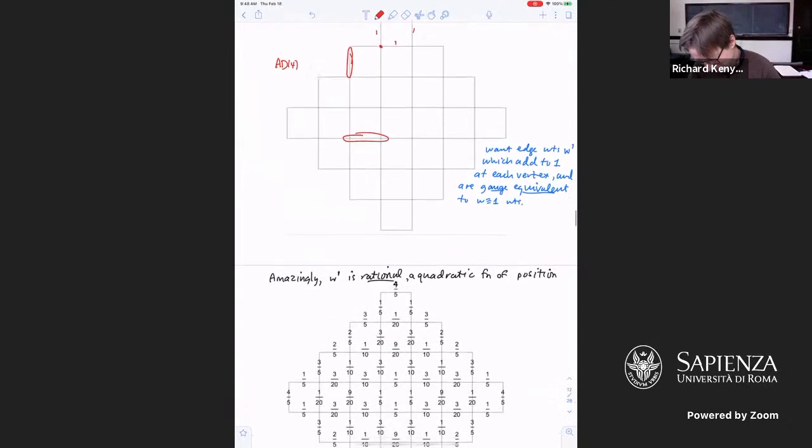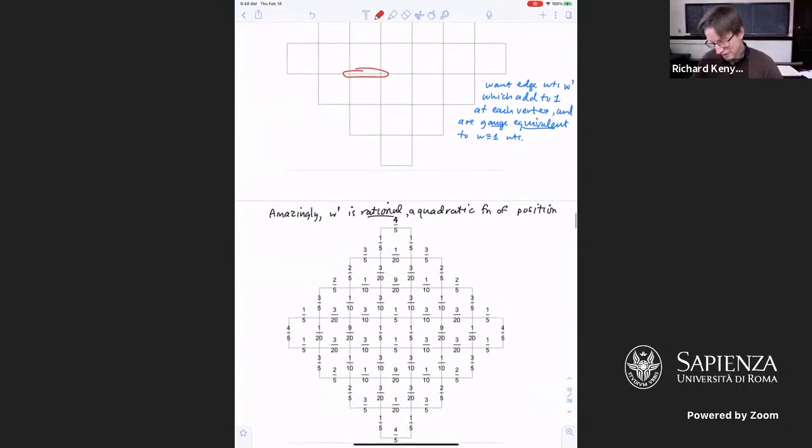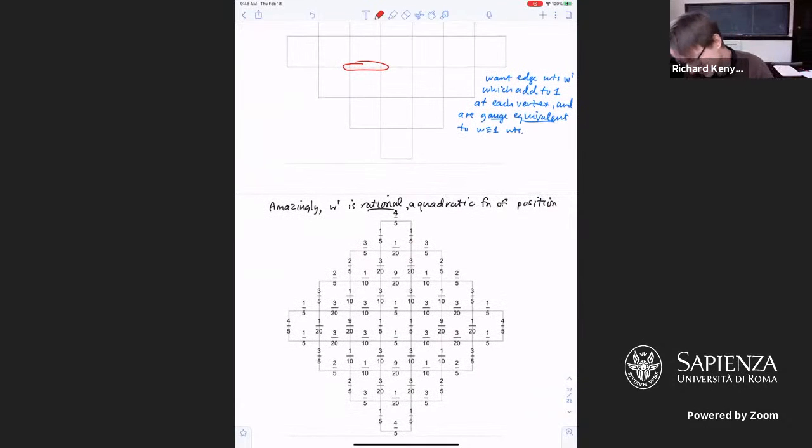And well, here's the answer. Let me just show you the answer. These are the new tile weights, and they're also the tile probabilities in the limit. So if you check in this example, the sum of the weights of the edges around each vertex adds up to 1,